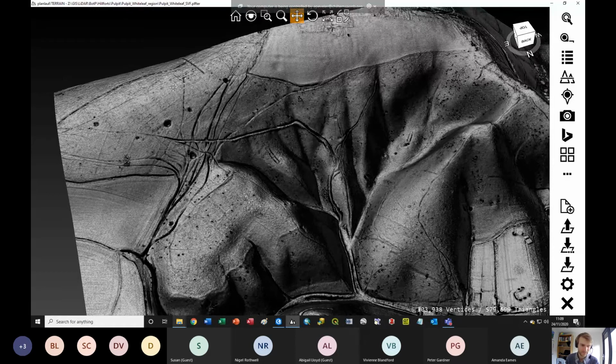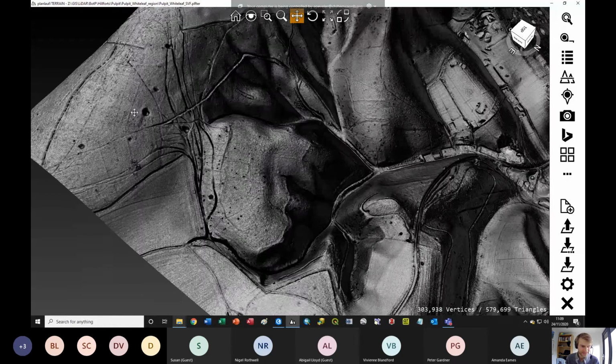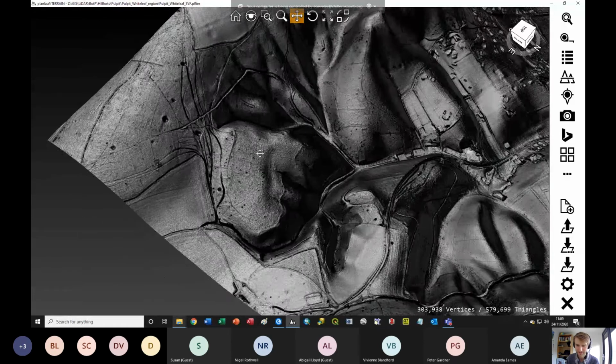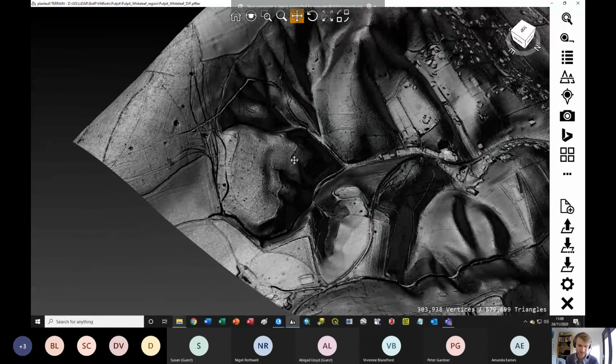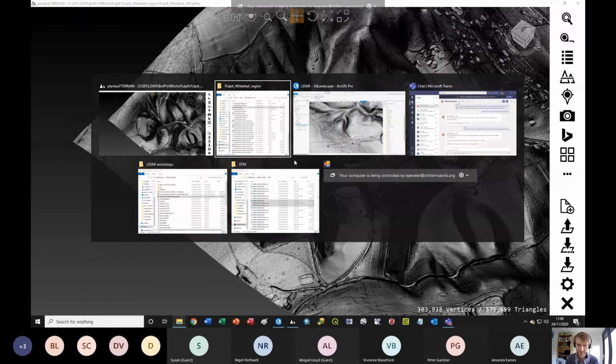We've obviously got our field systems across the top here. They are visible. Our sky view factor image is bringing them out, but how easily would I have spotted them compared to just looking at a two-dimensional image and being able to quite easily and systematically go through it? I think this is